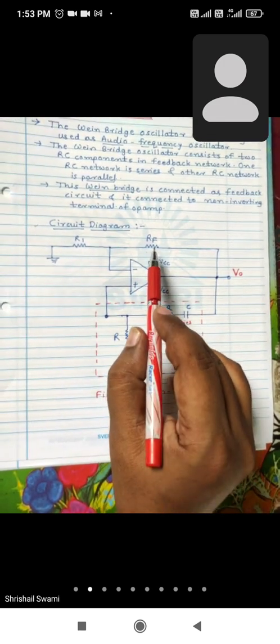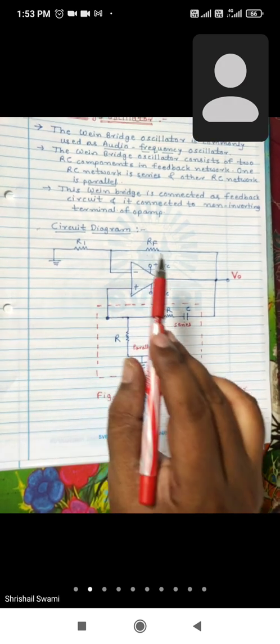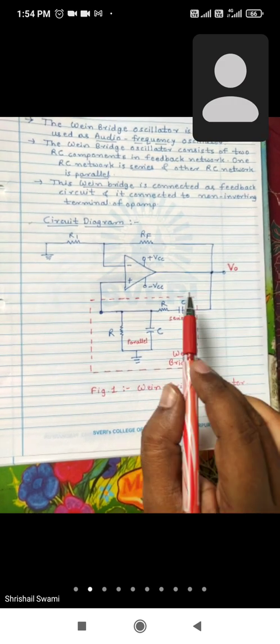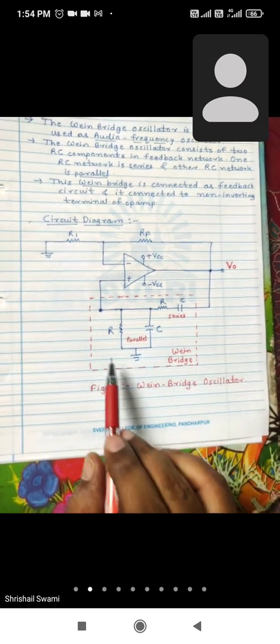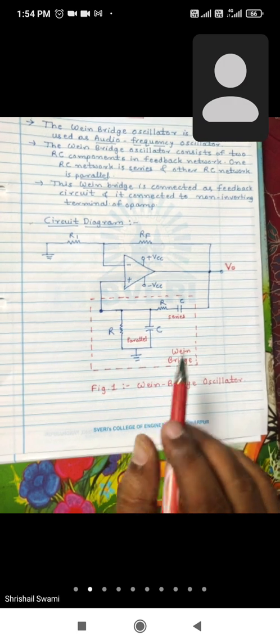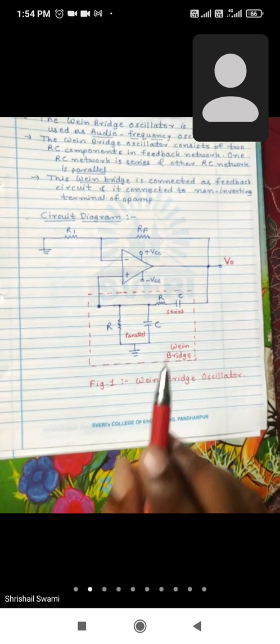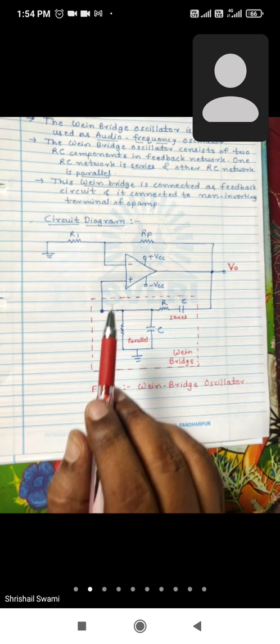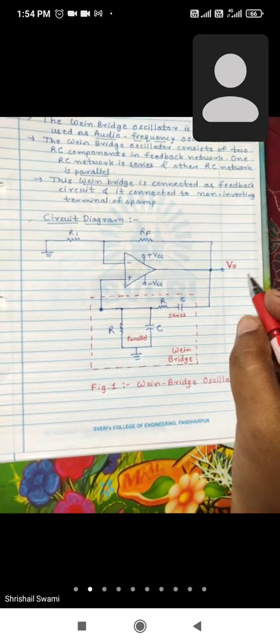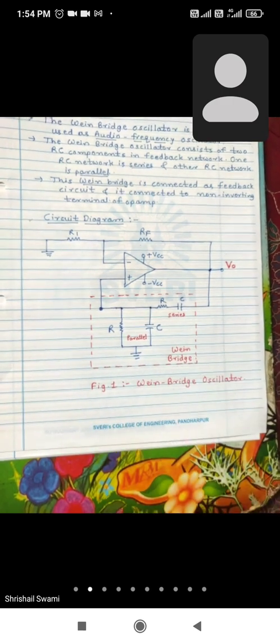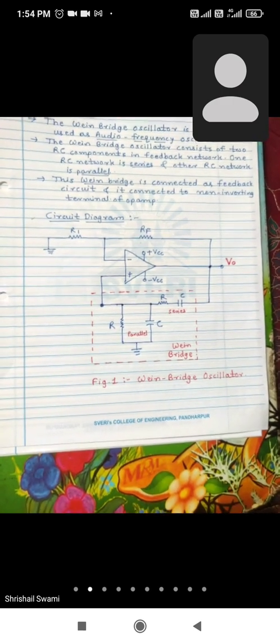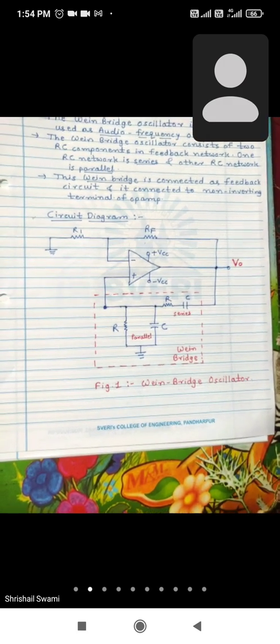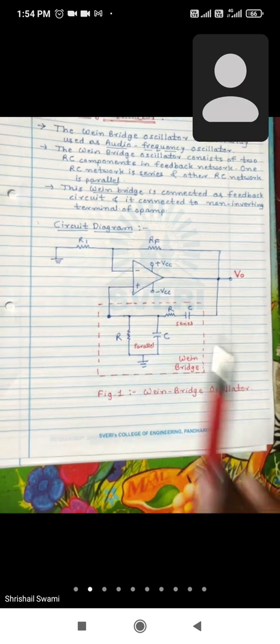The gain is decided by RF and R1. The gain of the non-inverting amplifier is 1 plus RF by R1. That already we know, the basic thing. Next, the second thing is, what will be the beta, that is the gain of this RC phase shift network? That we can calculate. And what is the expression of frequency? That is, what is the formula for frequency of oscillation? That we have to find out by the derivation. Some derivation is there by which we can find out the gain as well as the frequency of oscillation, that is F0. So we can start the derivation.